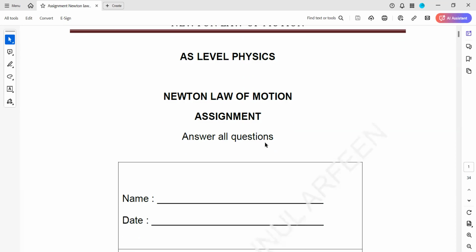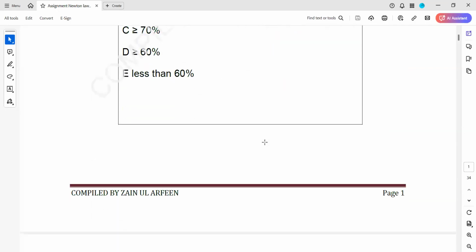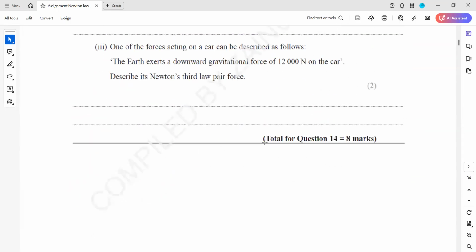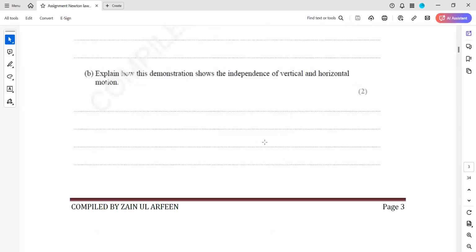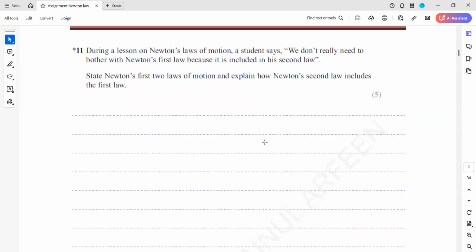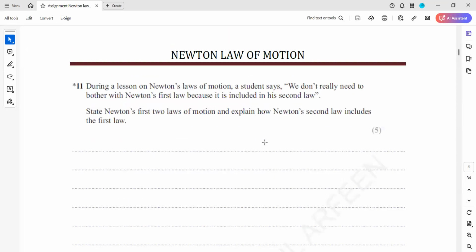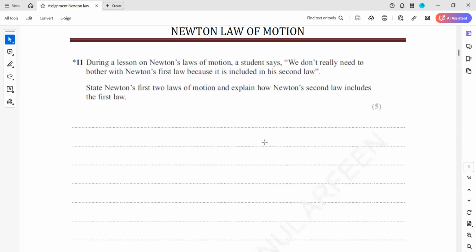So the assignment which is related to Newton's law of motion, we did the first two questions from this assignment. We'll start with the third question, which is on page number 4. In this question,